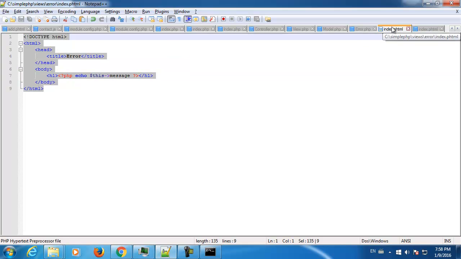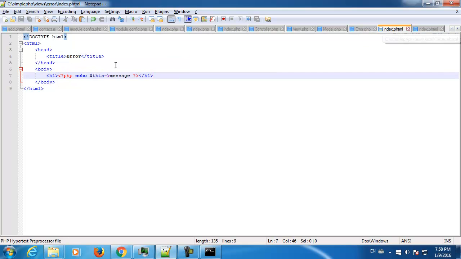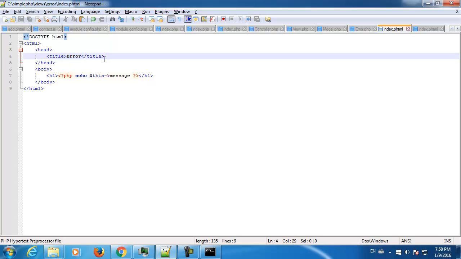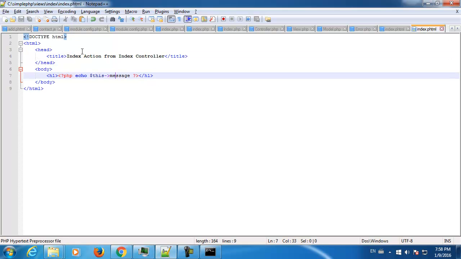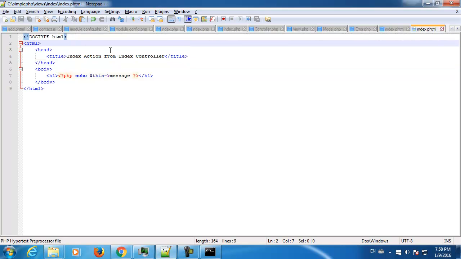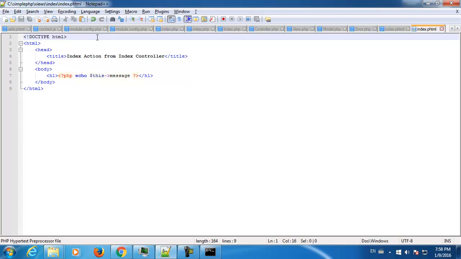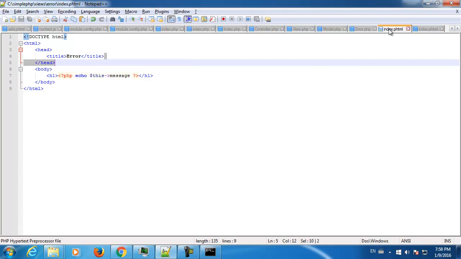It just happened that the index action of the error controller and the index view script are very similar, but I changed the text. As I said, we can implement the two-step view design pattern. In other words, have a layout which holds all the common elements for different actions, for different pages. But I'm not gonna do that. I just wanna keep it